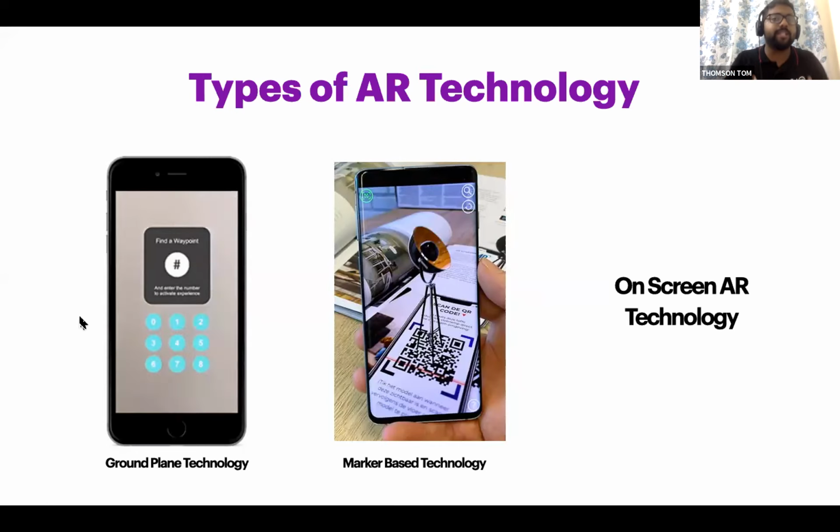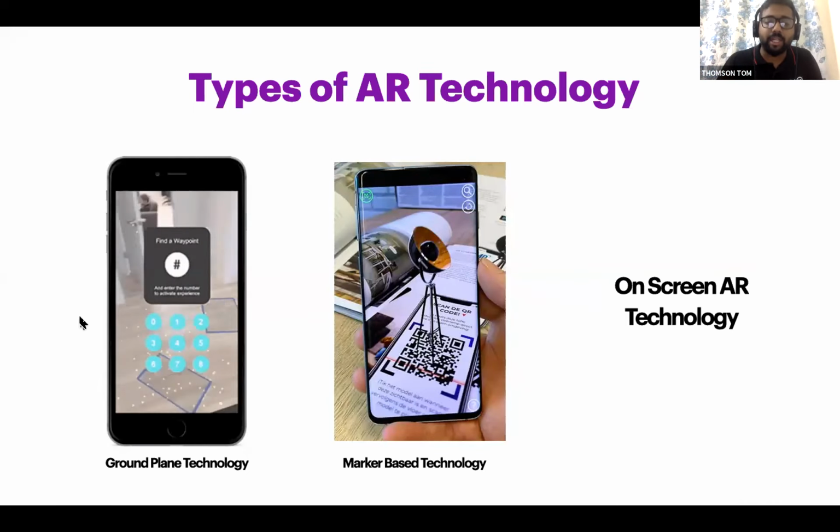So how can you teach when you are not seeing what is happening right next to you? For example, there is a line next to you. You don't see how far the line is. Then how can you teach students? That is the reason why most of the teachers, 90% of the teachers, discontinue using AR in their classroom.